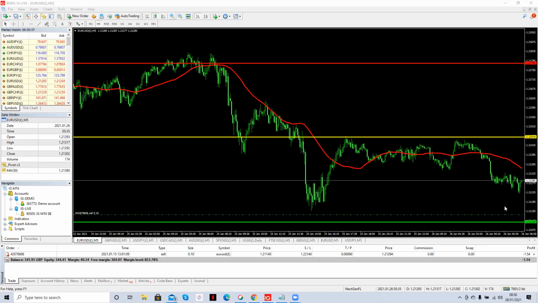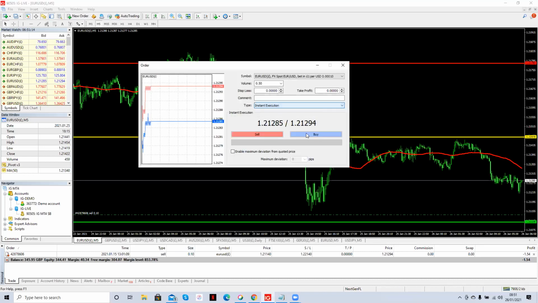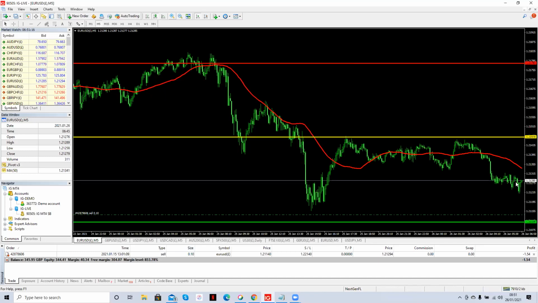You don't even know why you're doing what you're doing, and that's where you're completely not a trader. If you're just buying, but you don't know why you're buying... I have to be careful, this is my live account, I was about to place a trade. So if you just clicked buy, if you just did instant execution and clicked buy and entered the market now,